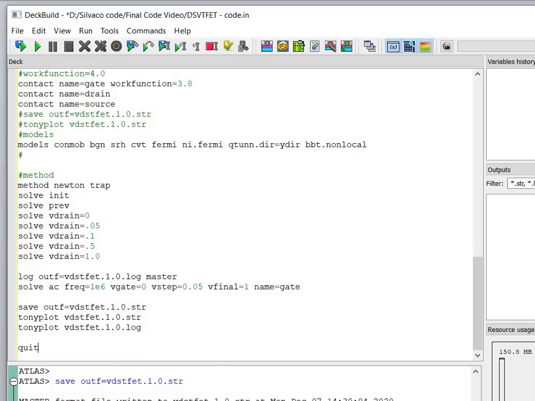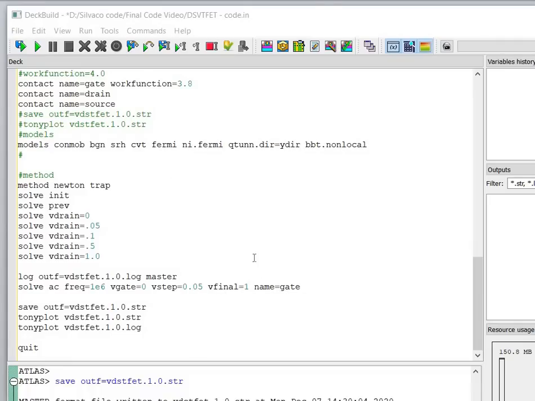First, you have to save the log file with the name I have given, VDS TFET 1.0. Next, solve AC frequency. We are giving this solve AC frequency to find out the capacitance of the structure. Next, we have to give the gate voltage starting from 0 and ending at 1 volt with the step of 0.05 volt. Name is equal to gate.